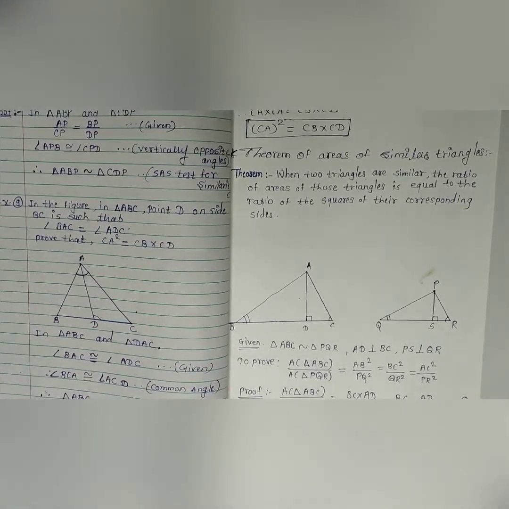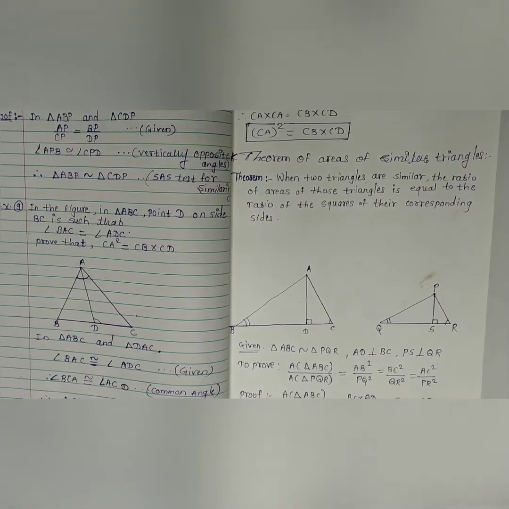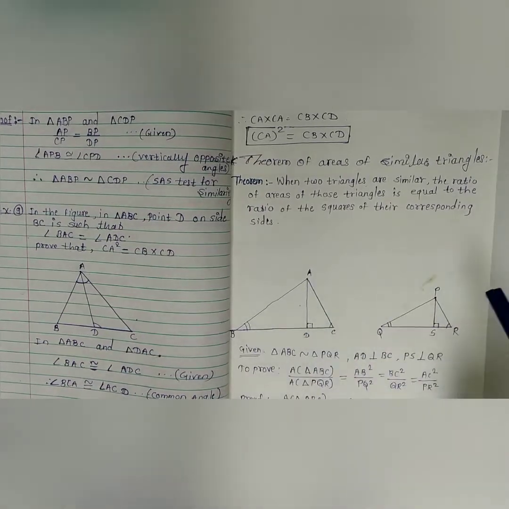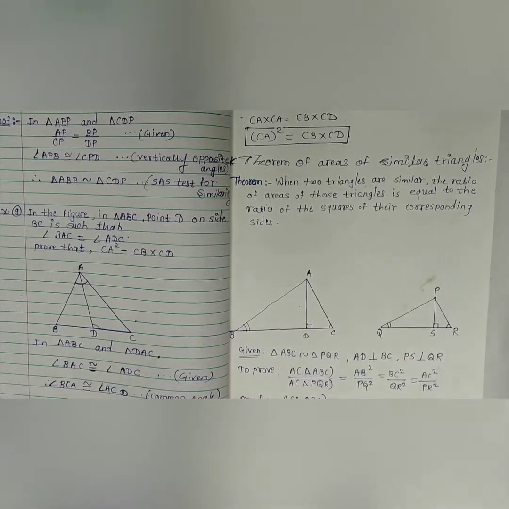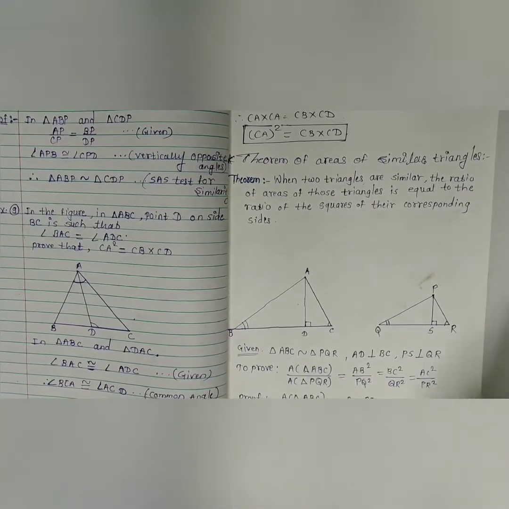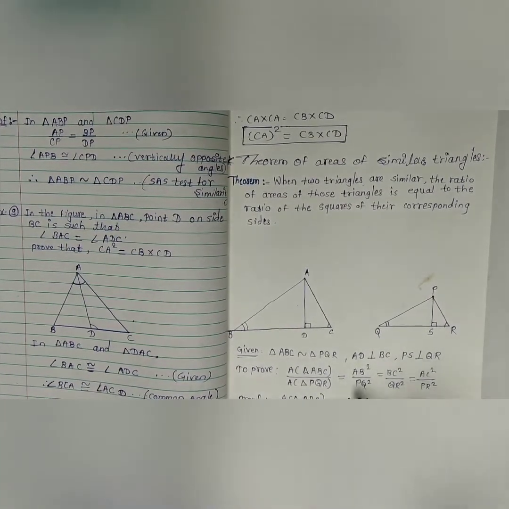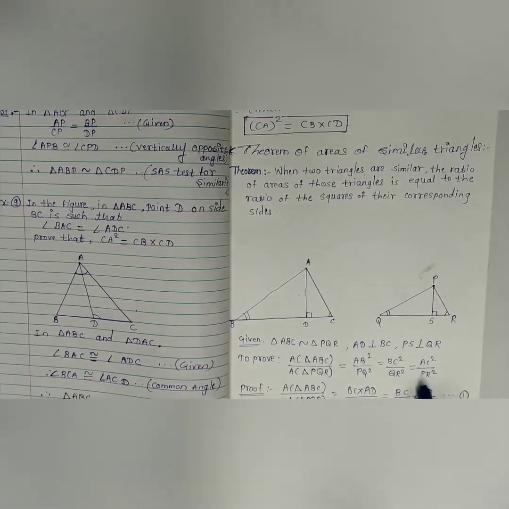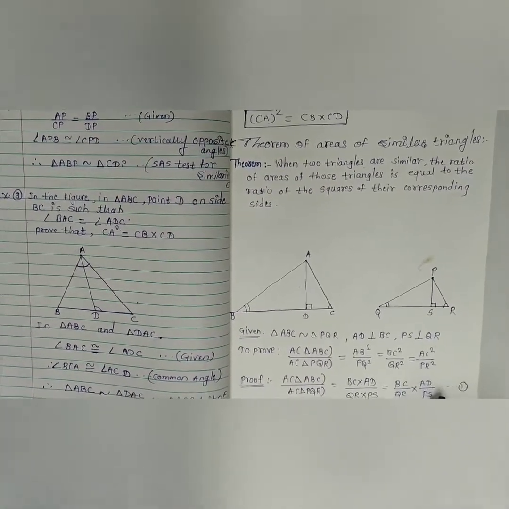In the first video, we saw that the ratio of areas of two triangles is equal to the ratio of the product of their base and corresponding height. In triangle ABC, what is the base? BC is the base, and what is the height? AD is the height. Similarly, in triangle PQR, QR is the base and PS is the height. Therefore, their ratios are the product of their corresponding base and height. Separating, BC upon QR, multiply AD upon PS, and give it number first.